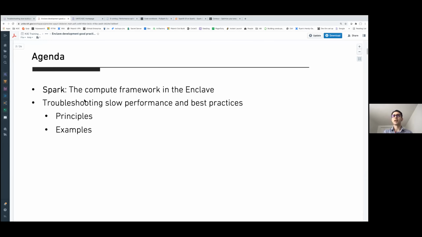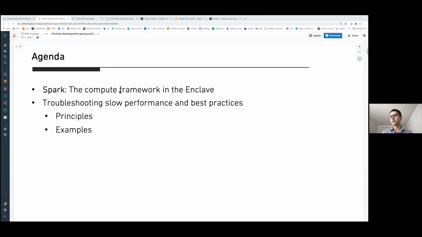So this is today's agenda. I'm going to run through a brief introduction of Spark. Just on a high level, Spark is the compute engine that the Enclave uses. While you don't need to be an expert and know the ins and outs of Spark to do analysis, it's helpful to have a mental model of how it works because it's different than traditional relational databases.